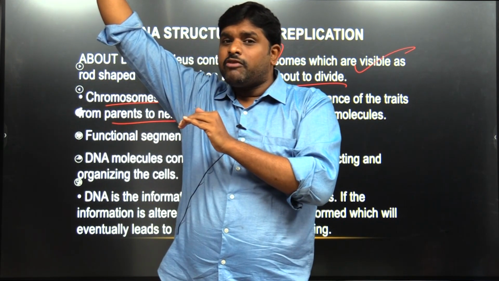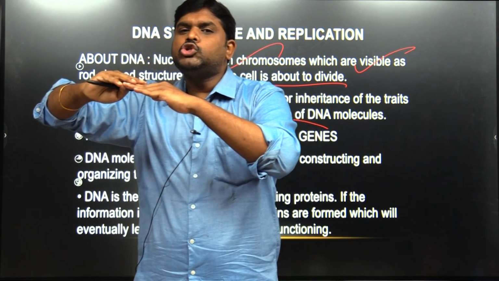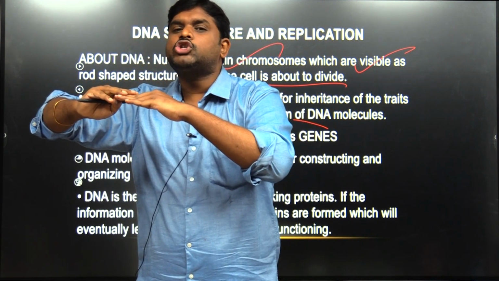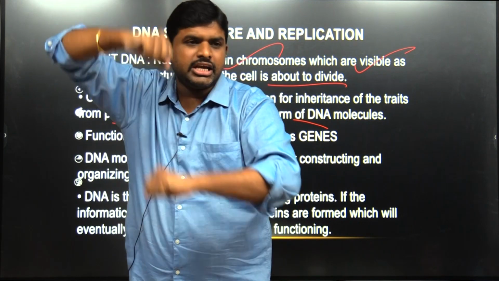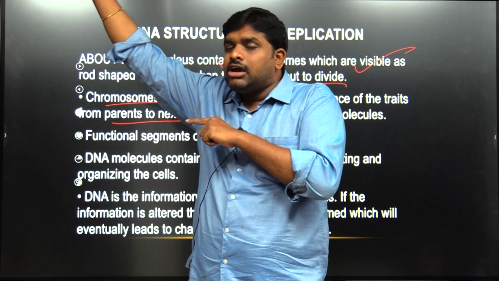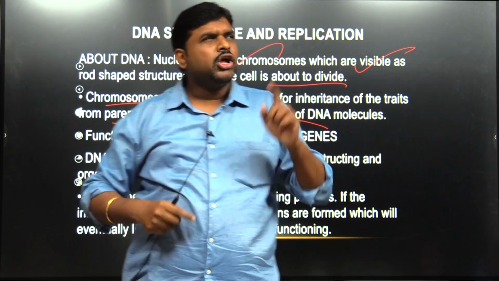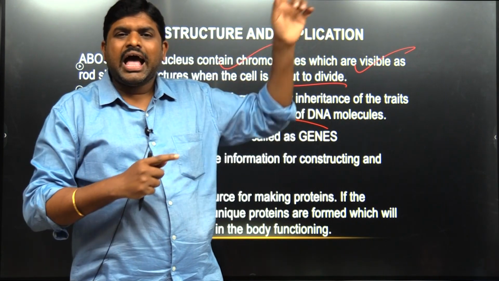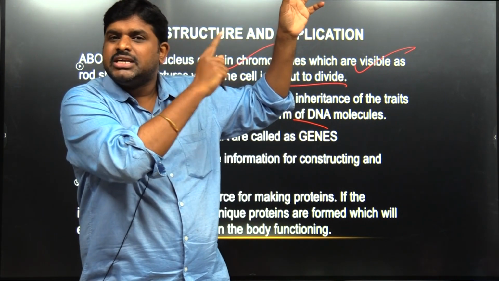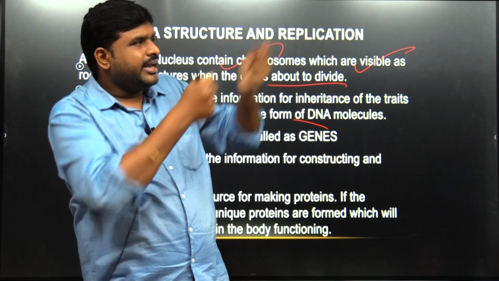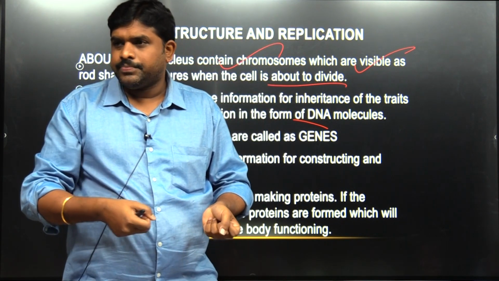At the time of division of chromosomes, the chromosomes are arranged in a format which is called chromatid, and pushing will take place. While I am taking 23 chromosomes from my father and 23 from my mother, I will also be taking the information which is present in the chromosomes. So, when I am getting something, that also will come.